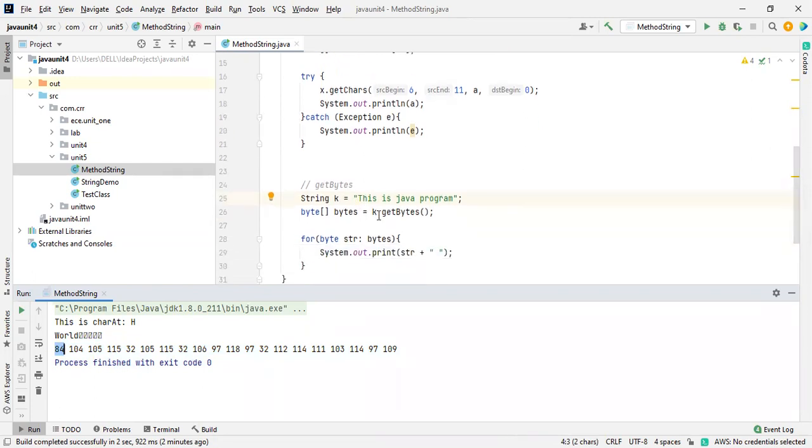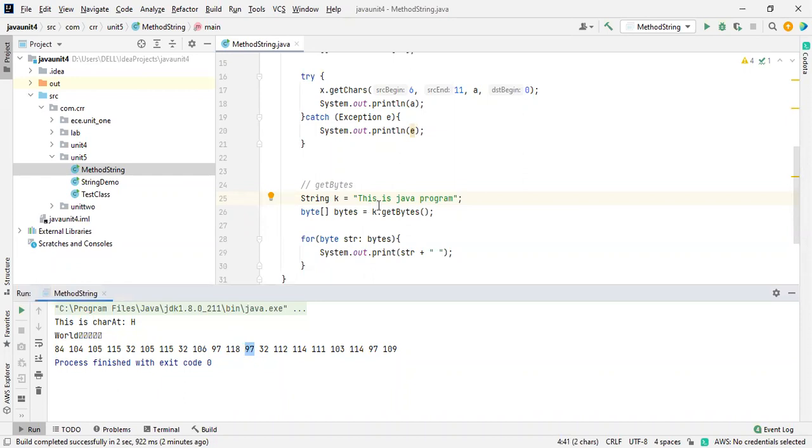See this one, THIS and IS. Sorry, there is a space, right? For the space itself there is the number 32, and this is 115, which is for S. JAVA, from where will we start? 115 is S, 32 is space, and the alphabet starts with 97.